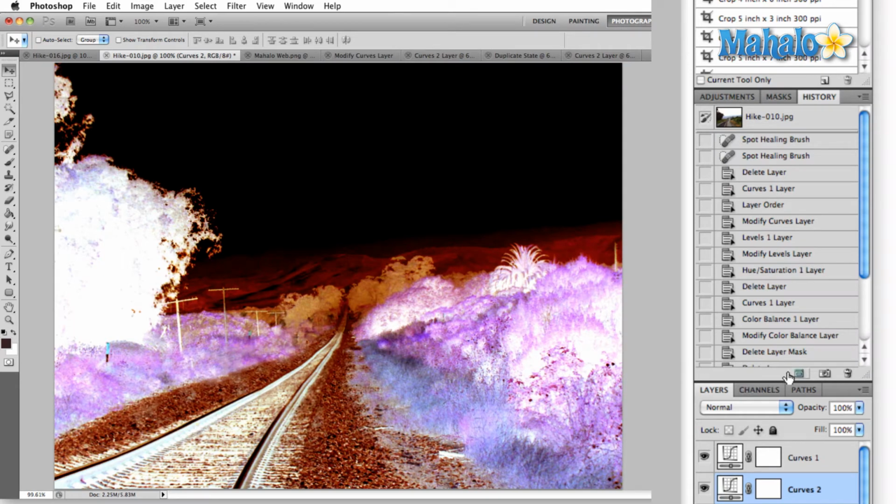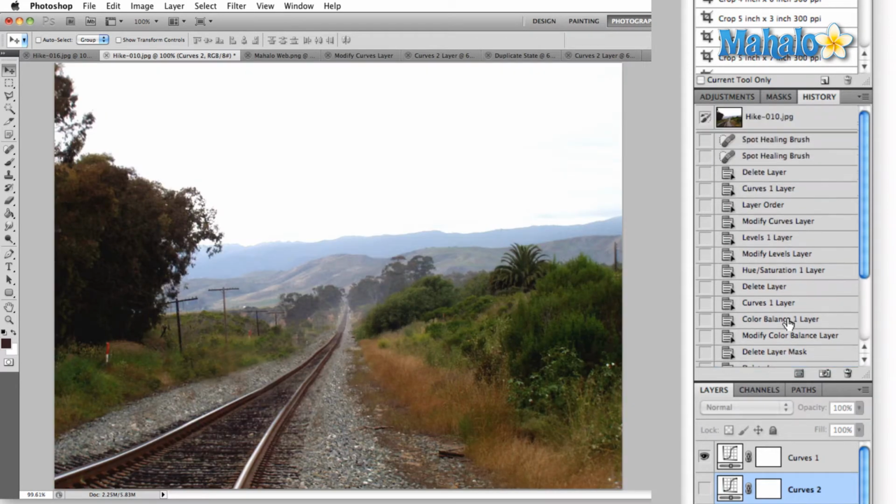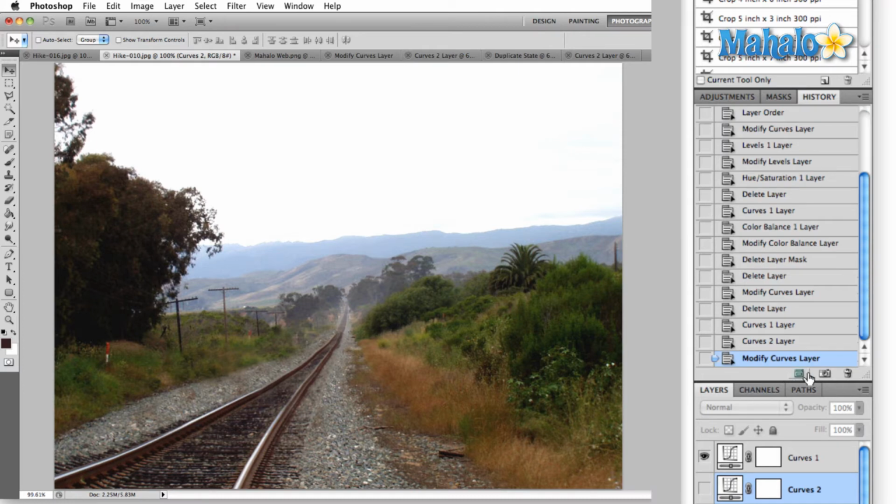The icon just to the right of the Create a New Document is Create a New Snapshot. Whenever you open an image, Photoshop creates a snapshot right away so that you can always go back to the original image that you opened. What Create Snapshot does is basically the same exact thing as Create Document, but it leaves it in the document that we're working in. So again, if we go back to one of these actions that we are particularly fond of, we don't want to lose it in making a bunch more actions. We can just go right back here to the Take a Snapshot,